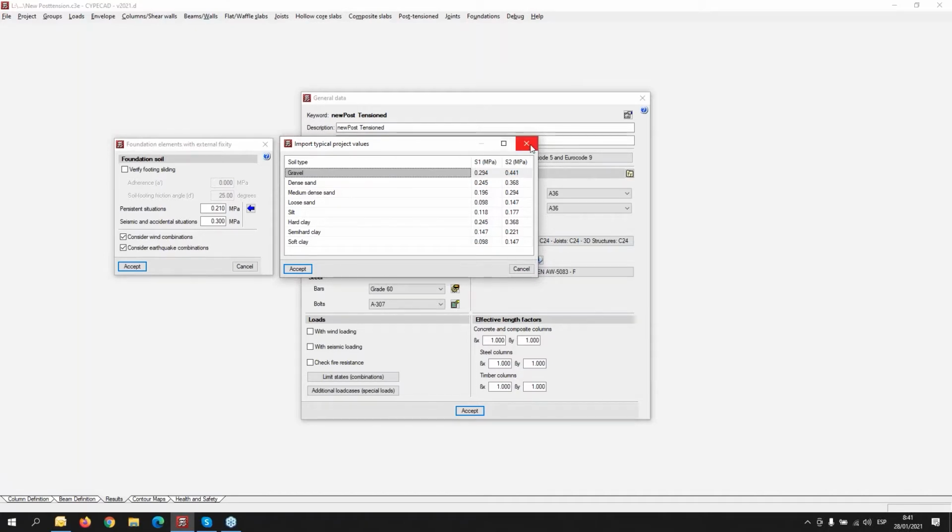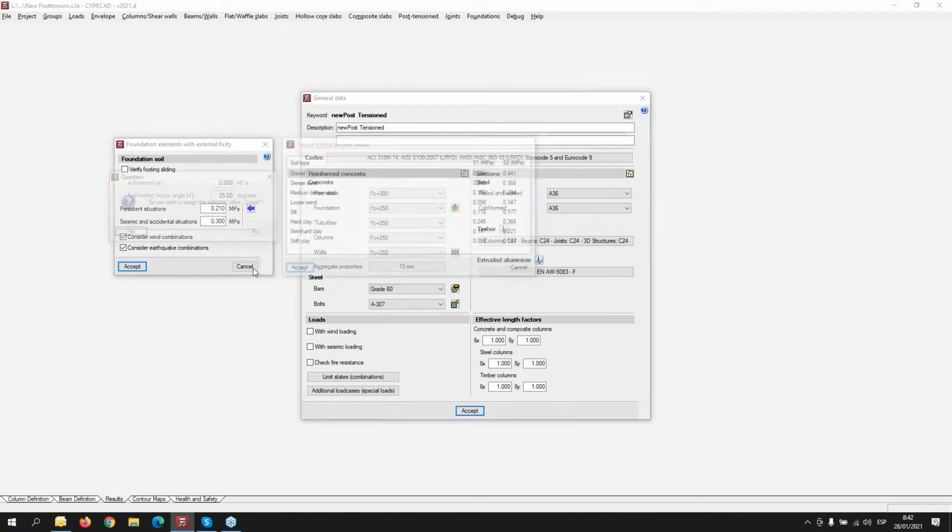For the first try or the first test in a project, the user can use these values and have an approximate result. We can accept here,